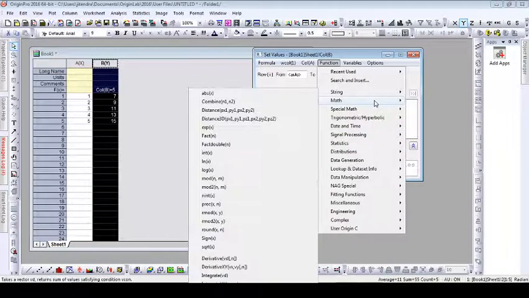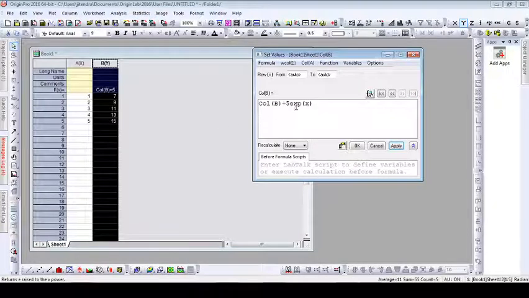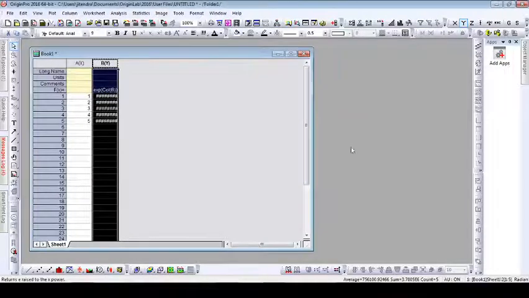Now for example, I'm going to Math, and then I'm selecting Exponential. When we click on Exponential, first delete the previous one. So this is the exponential function, and now select the column. On column B I want to perform the exponential function. So click on Apply, then all the values will be converted and the new column values will be given.